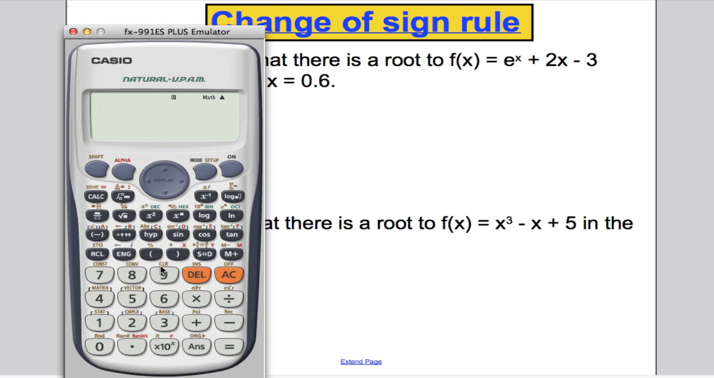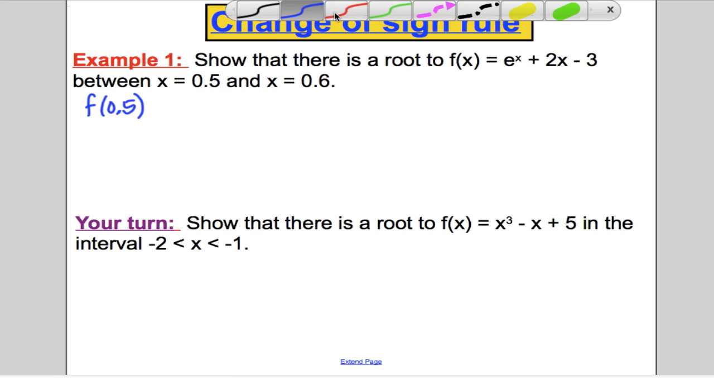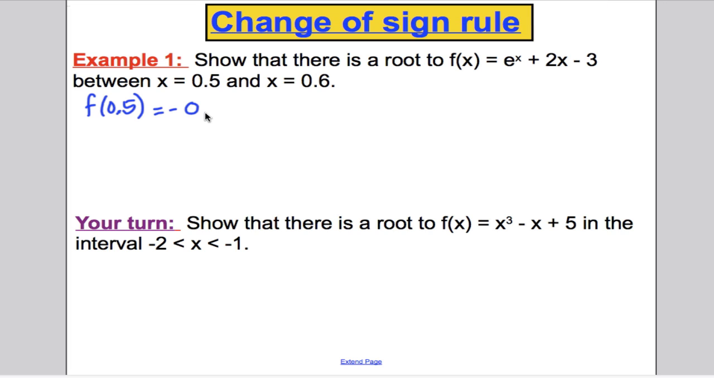So what we're going to do is work out e to the power of 0.5, and then we're going to add 2 times 0.5, and then subtract 3, and we get minus 0.35, so f of a half is minus 0.35, and then we want to work out f of 0.6,